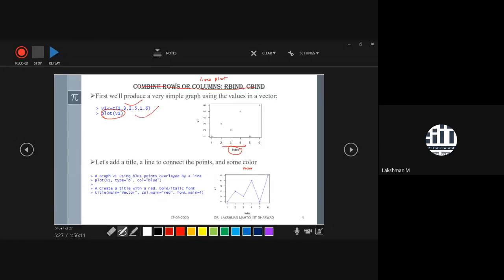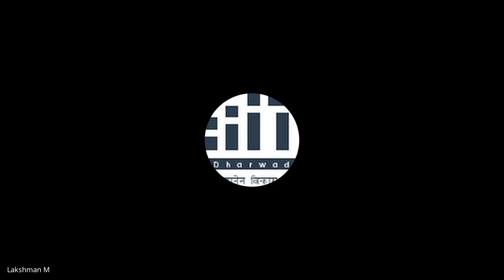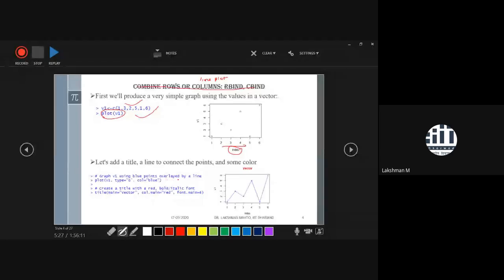If you are simply starting a plot of a vector, you can observe that at the first entry, what is your element? 1. Element 1. So that's why at 1 this dotted plot is coming. This dotted plot you can see here like this. Now one more approach is that you can join these dots by using an overlaid line. So through a line also you can join them.